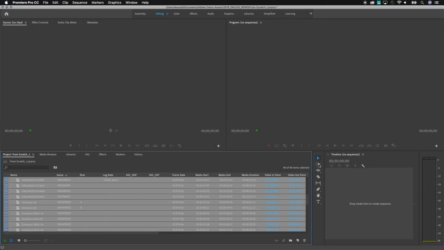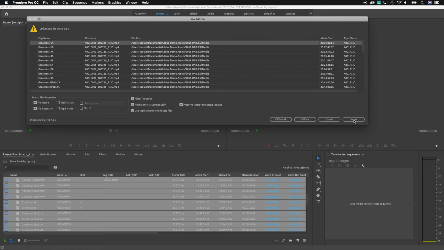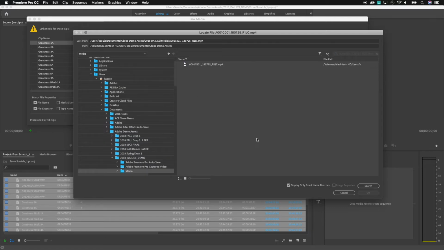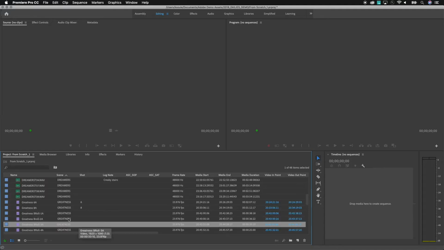Now when I do that, I get all of the metadata and I get containers for all the various clips. The metadata comes in with the clips offline, so there is one additional step at this point where I need to right click, say link media, and typically I just need to link a single file here. So I'm going to go ahead and choose where my media is. I've got the display only exact name matches checked at the bottom here, so I can just select that single clip, click OK, and now all of my media is linked,